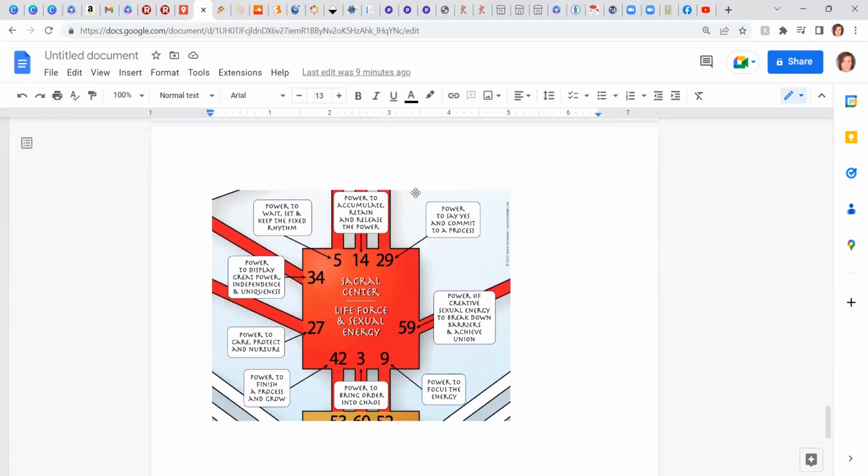So the sacral center, here's all the keynotes. So the 29 right here, I'm up here in the top right. It's the power to say yes and commit to a process. And the 59, power of creative sexual energy to break down barriers and achieve union. So here's the thing also, I want to talk a little bit about this. Each gate also, we're not going to go into this in this class, but each gate has its own line number. Remember, each gate has over 1,000 different possibilities of expression. How wild is that? Each of the 64 gates has over 1,000